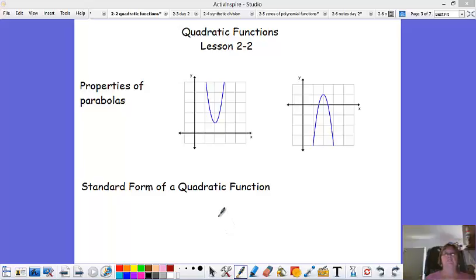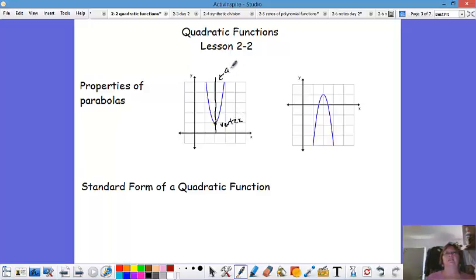Today we're talking specifically about quadratic functions, and as you'll recall, quadratics are a class or a family of U-shaped graphs that are symmetric about a line drawn straight through their vertex. The vertex is the point at the bottom. The line here is called the axis of symmetry,